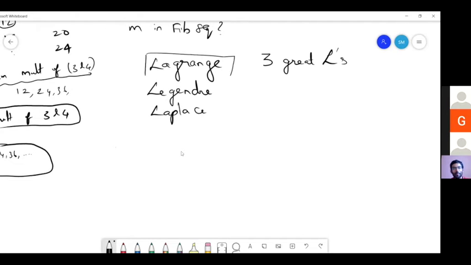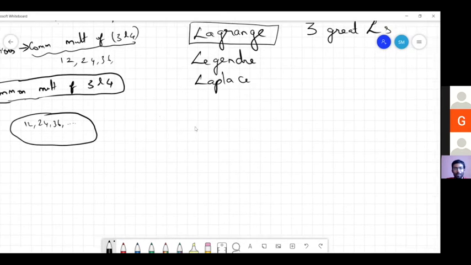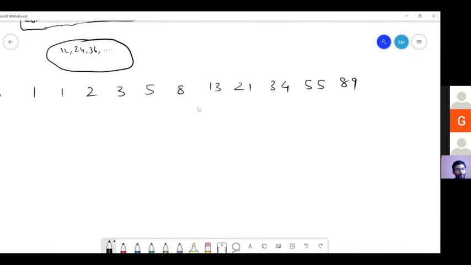So what Lagrange did was, okay, I think Gauri ma'am, you can explain this. As you keep explaining, I will keep writing it. Gauri ma'am actually tried this out in one of the previous sessions. So I took mod 5 for each term. So it will come as 1, 1, 2, 3, 0, 3, 3, 1, 4, 0, 4, 4. Right. So we have got 4.